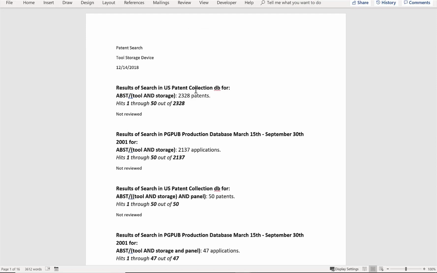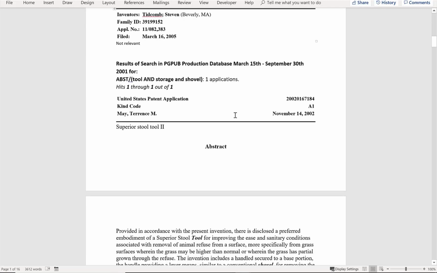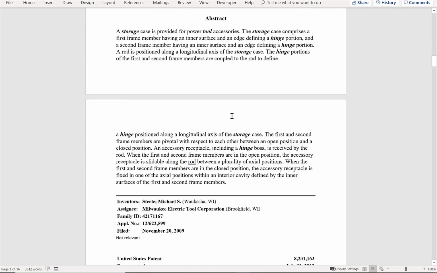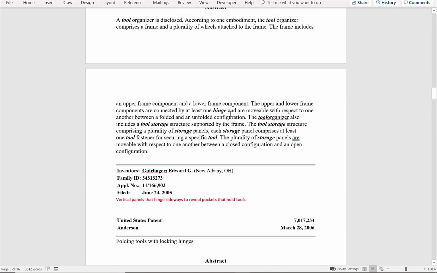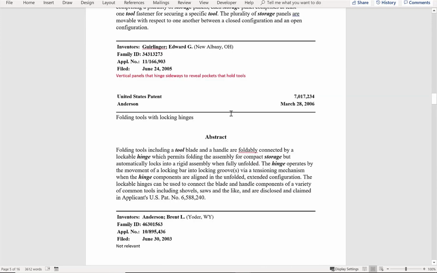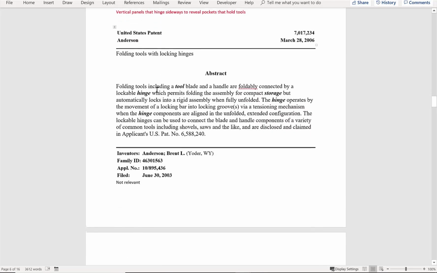So I now have a 16-page search report or log to show the searches that I did in both the patent database and the patent application database. This is what I can use to come back to later to see what I've done. If I need to reference something again, I can understand why I looked at things, either keywords or perhaps the classifications themselves. And everything that I highlighted in red is really visible to show that it's something I thought was